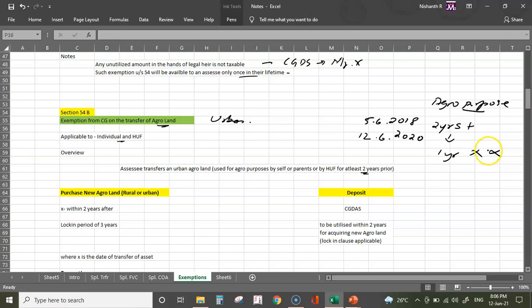He has to prove that the land has been used for at least 2 years for agricultural purposes, either by himself or herself, or by parents, or by the HUF. So by self, or parents, or by HUF. At least 2 years by the assessee in their own hands. If that's the case, any capital gain that the assessee gets out of the transfer of that urban agricultural land